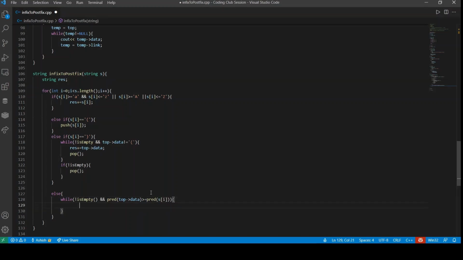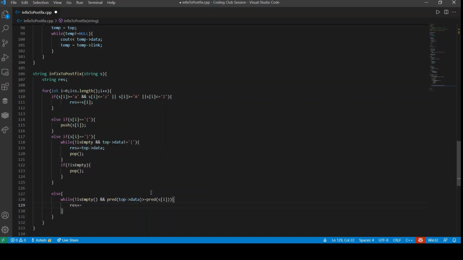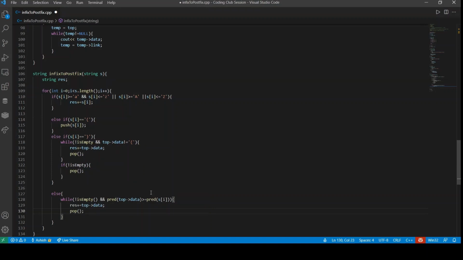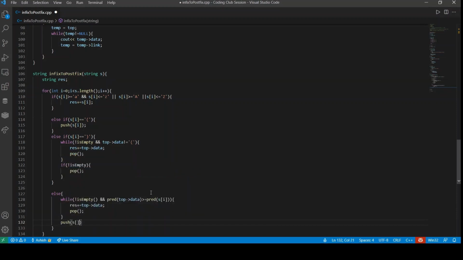Until this is true, we append the top to the result and pop it out. After this, we push s of i into the stack.